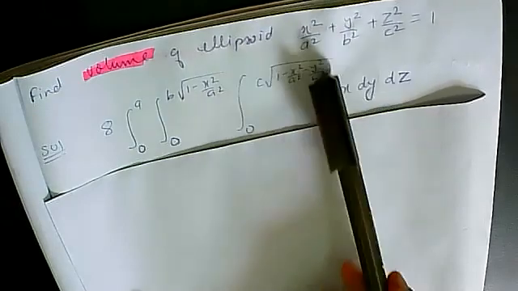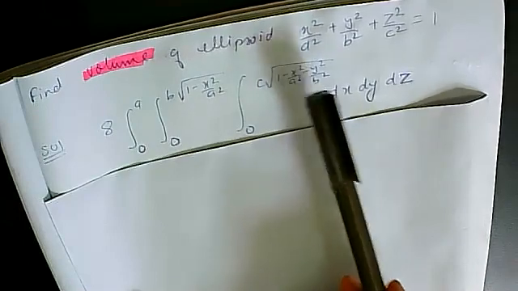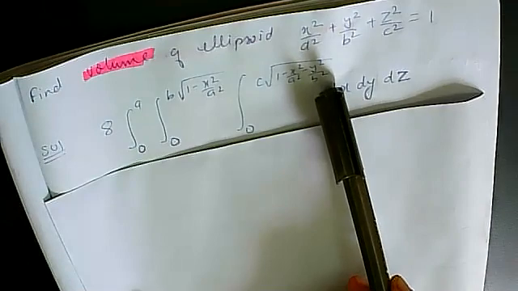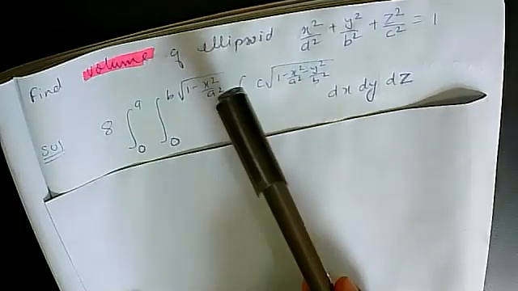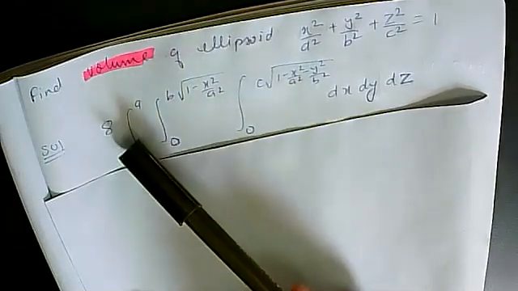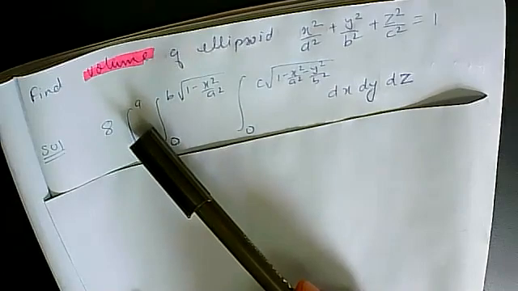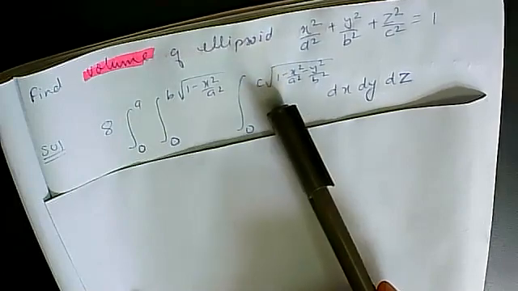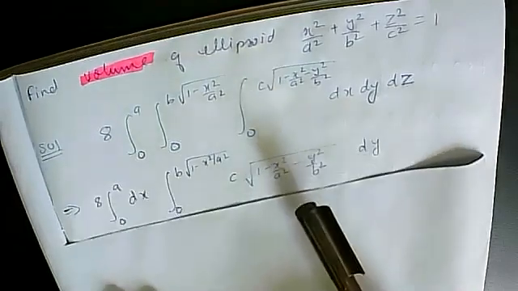The first limit, if you observe, has x and y sitting in it, which means it is the limit for z. So first I should integrate with respect to z, so this dz should be placed first. The second expression has x in it, which means it is the limit of y. So obviously the third one is the limit of x. That is how you should understand dz, dy and then dx. That will be the order of integration. Now when I first integrate with respect to z, I am left with only z, dx, dy, and you put the limit. So my expression will be this.